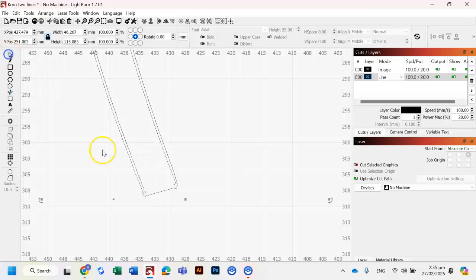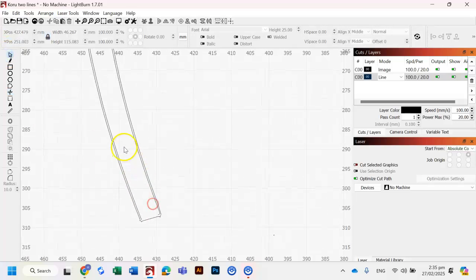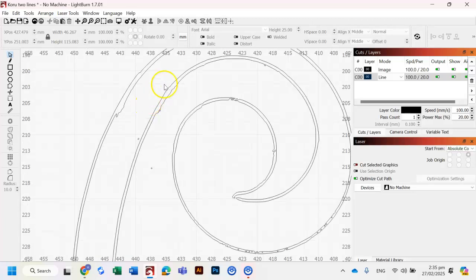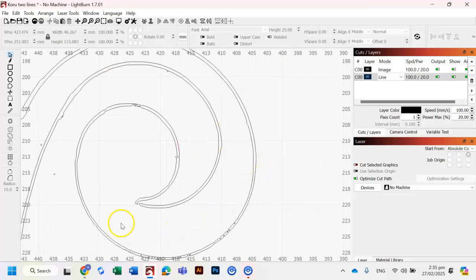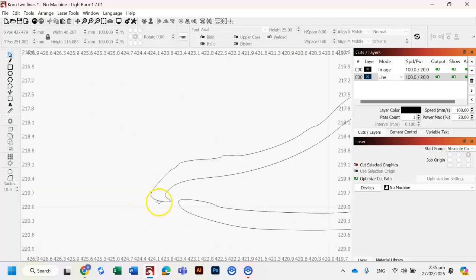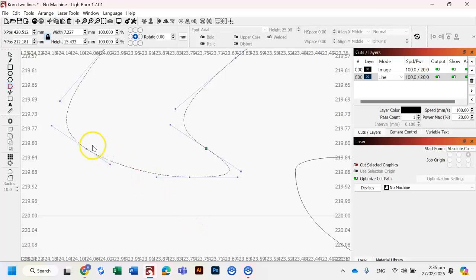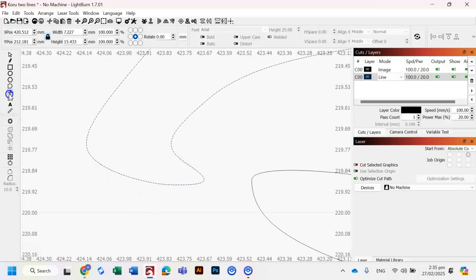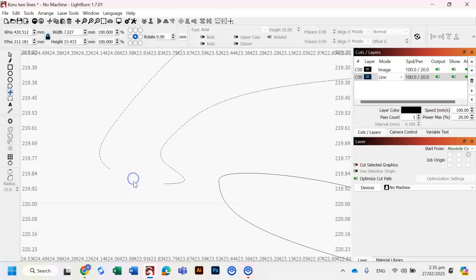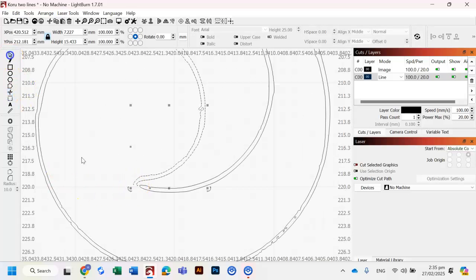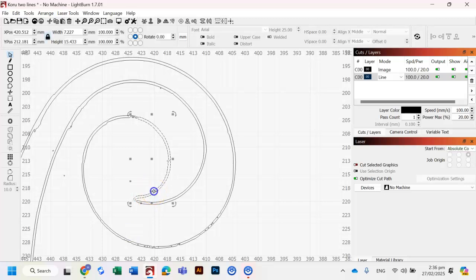And then I need to break that shape in another area as well. If I zoom out, probably the end of that line, I want to break it right there. So if I zoom in, get my edit nodes button, hover over 2 points, I'm going to put a break there and there. Get my scissors tool and cut the line there. When I zoom out, I should be able to